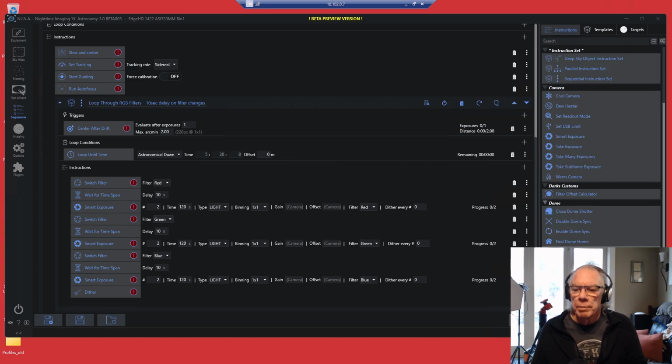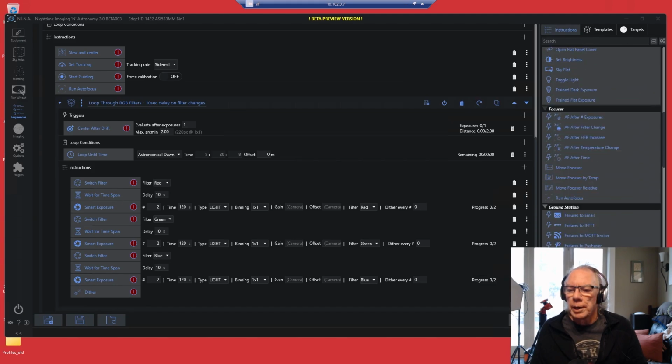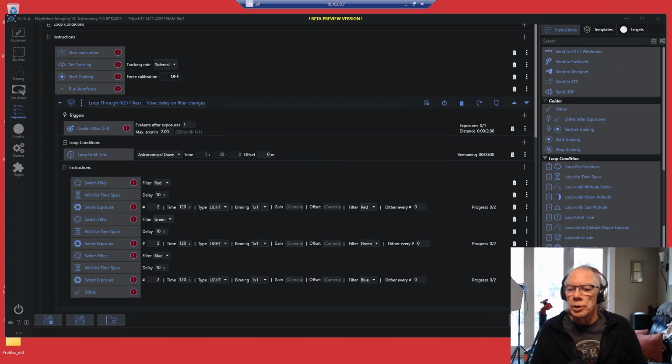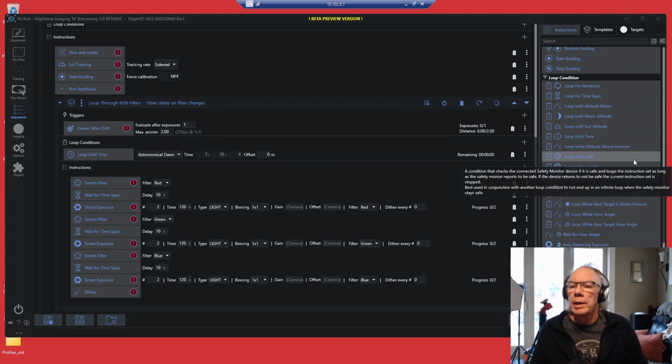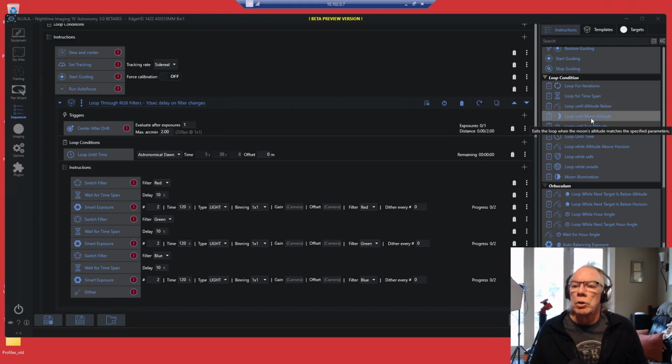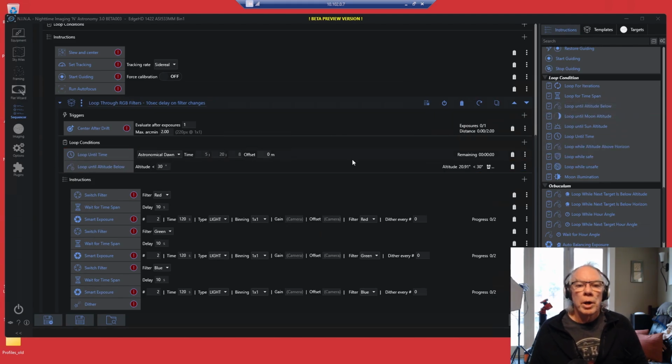I've been working my templates a little bit today, so we'll want another instruction here, and we'll say this is the loop until altitude below instruction I'm going to bring in, and I'm going to bring that in here. So what I want this sequence below to do is keep shooting until astronomical dawn.